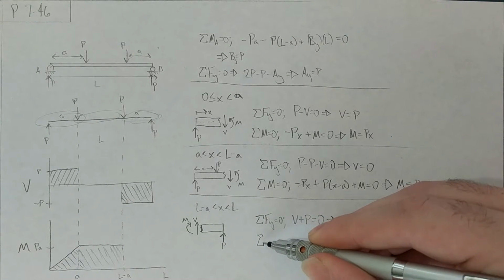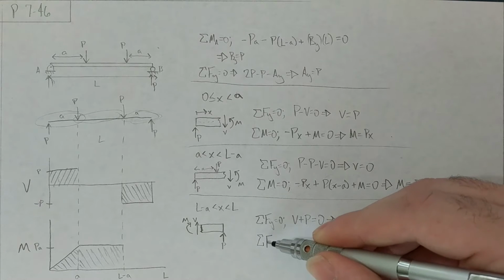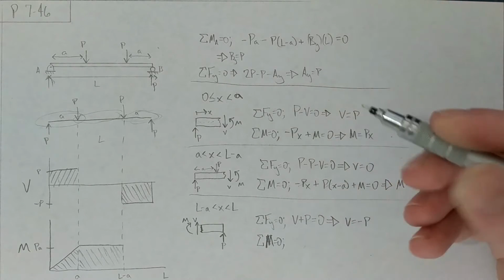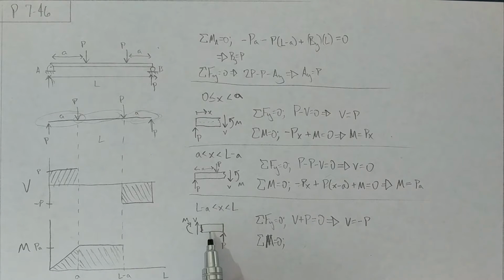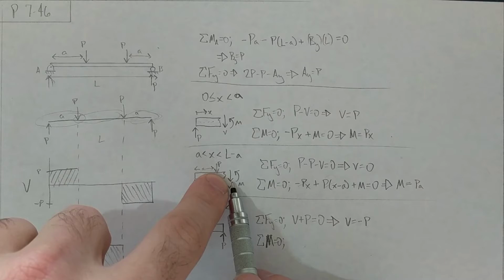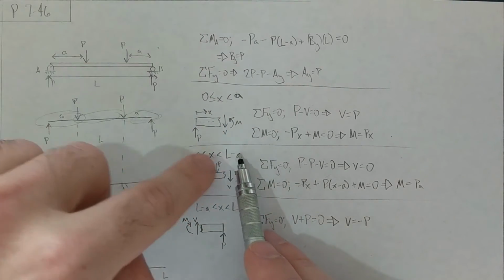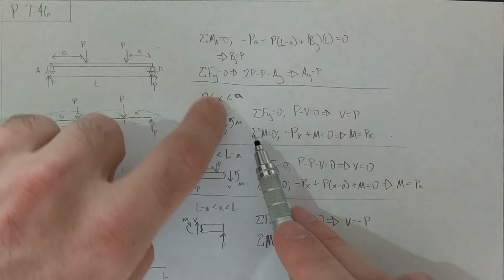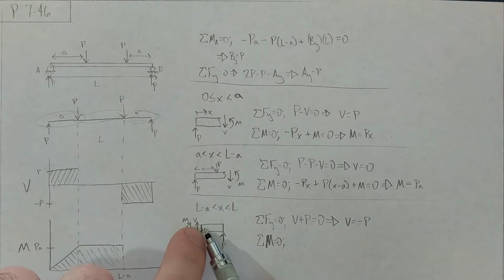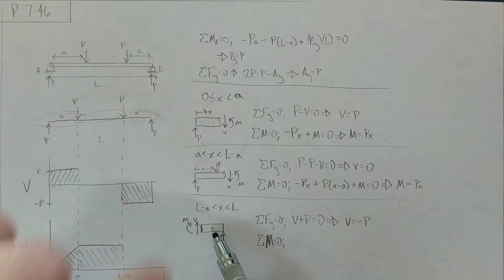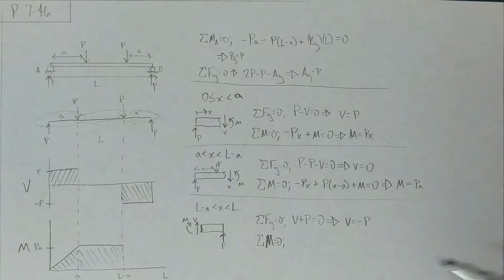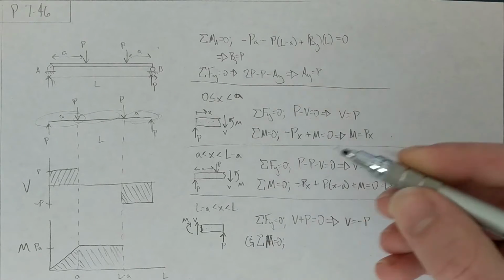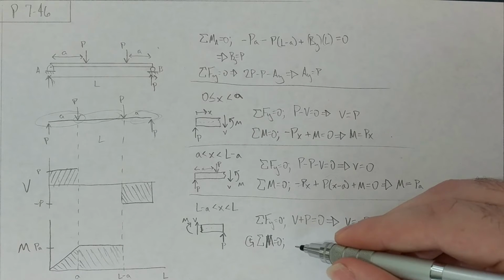Alright, finally, that's an M. Bear in mind this is still our positive M. This is our positive convention for M, but much in the same way that in our summations we treated V as a negative, because it's pointing down, we're going to do the same thing with this M because it's turning our section clockwise as x progresses along, which is negative because we have the counterclockwise convention. So we're going to have minus M